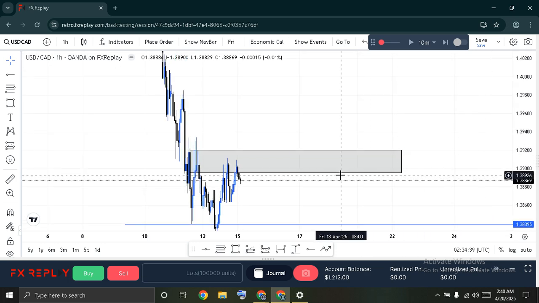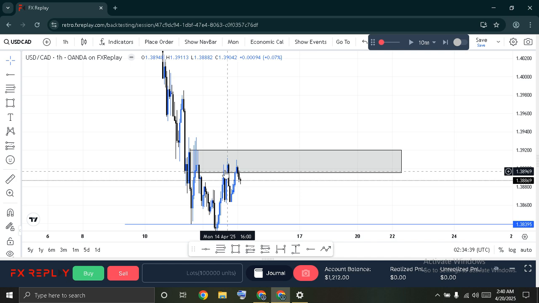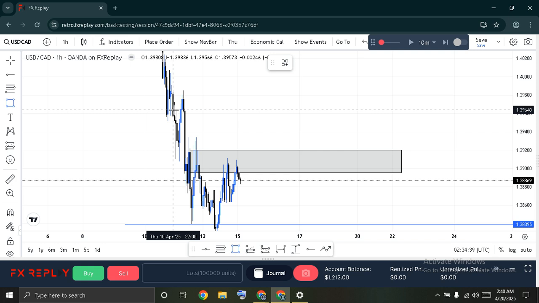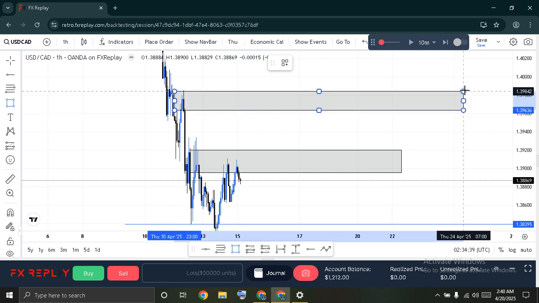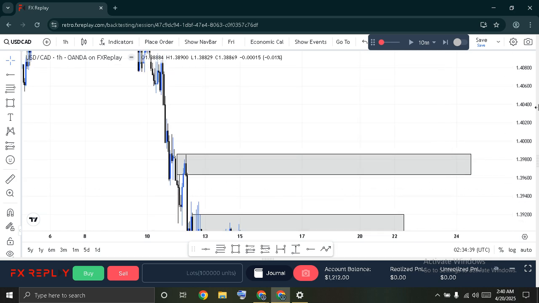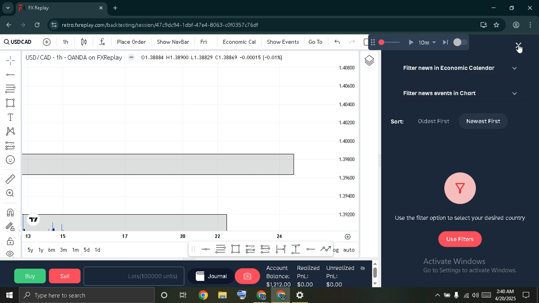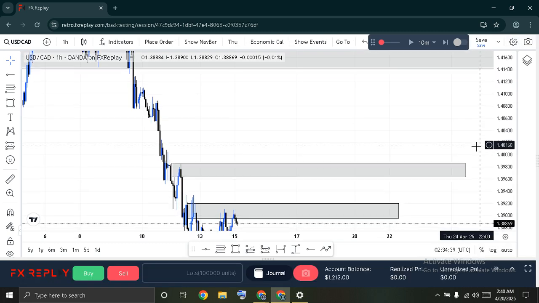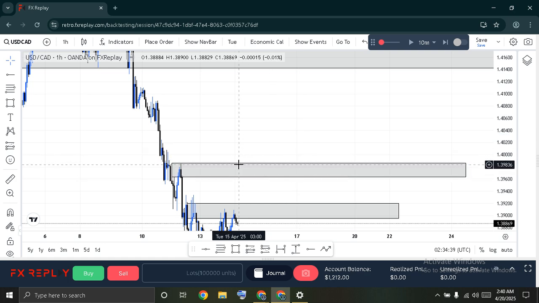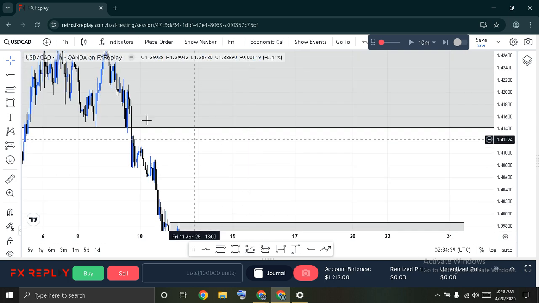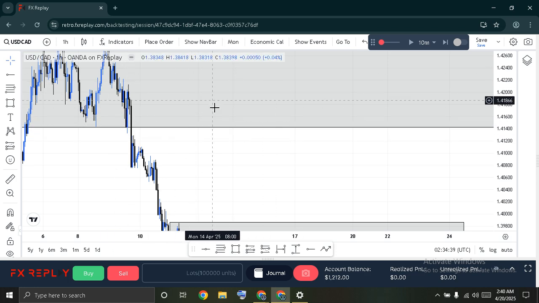There's this demand supply zone here actually. The price has reacted off it twice. One, two, three. There's also this supply zone at this particular top. Here should be my target because if price should, I hit FS replay, if price should break above this particular point here, my next target should be inside this